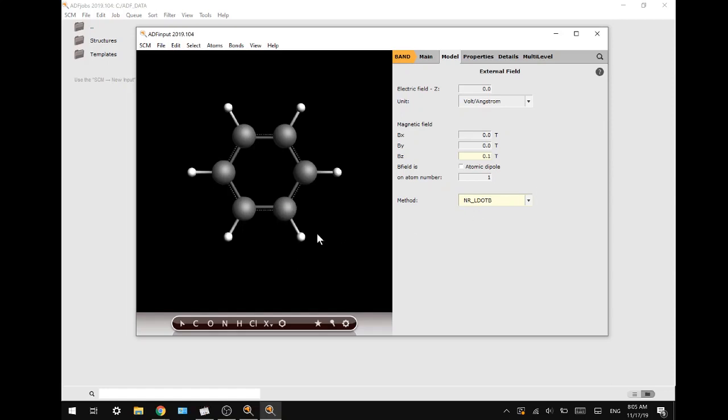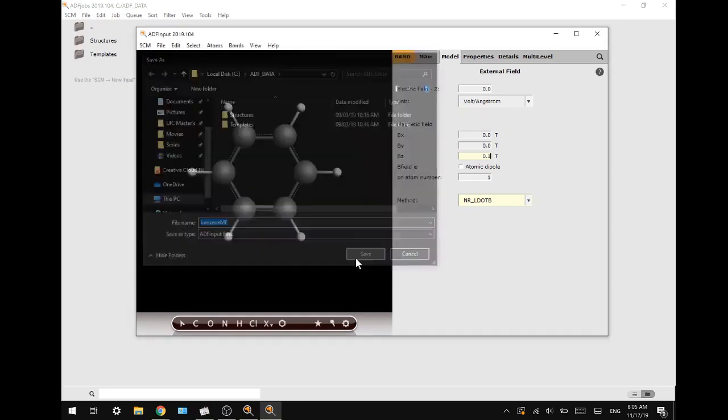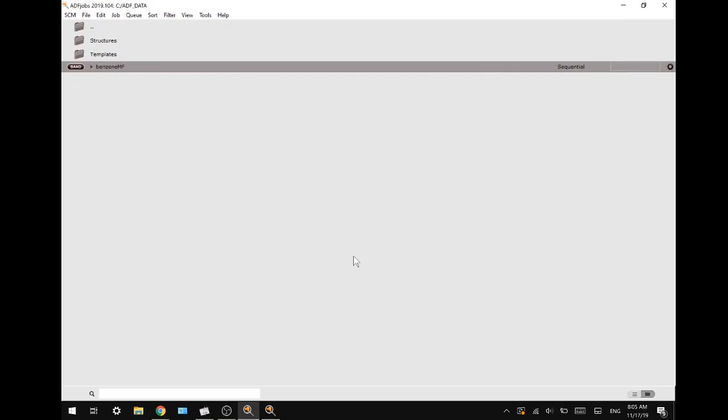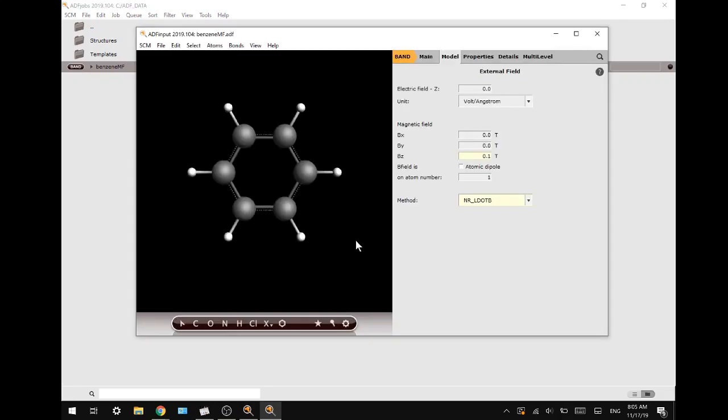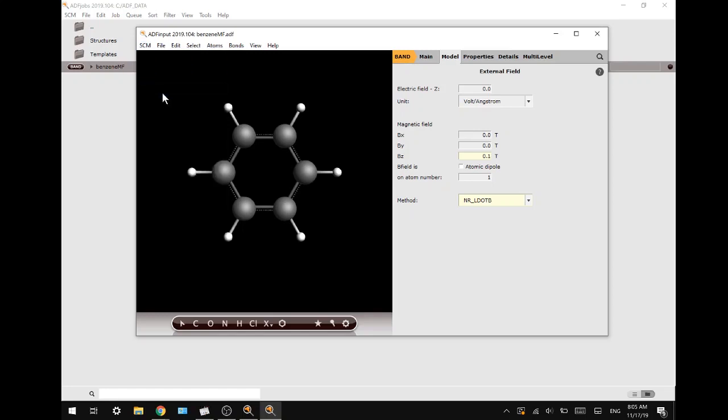Next up, we will run the file and give it our name, benzene magnetic field save. This is a very short calculation and I will cut back to you when it's finished. Alright, it already has finished, and now we will visualize the results by going to SCM view,